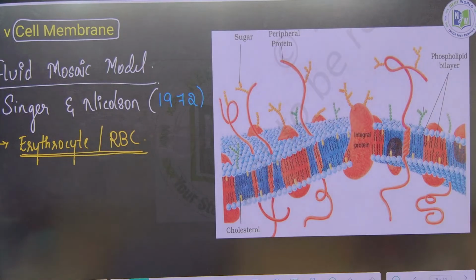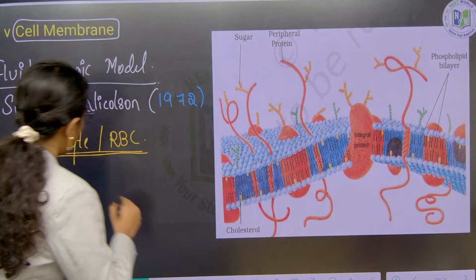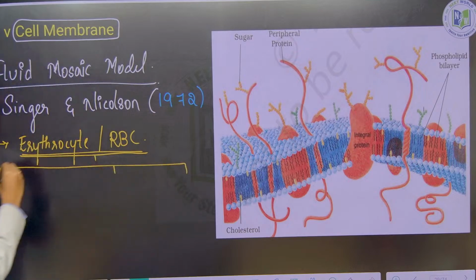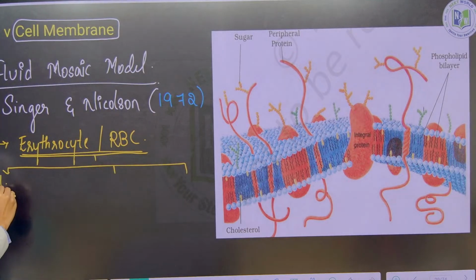Right? First, what are the components of plasma membrane? The components of plasma membrane, in RBC, what they have documented is, it consists of